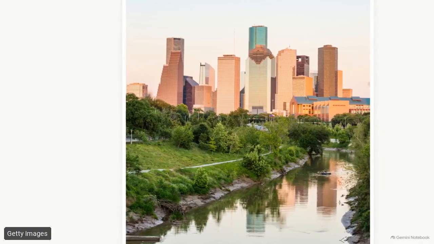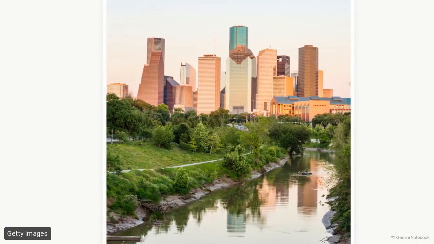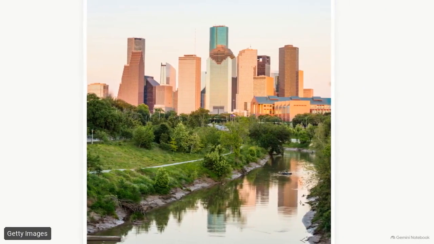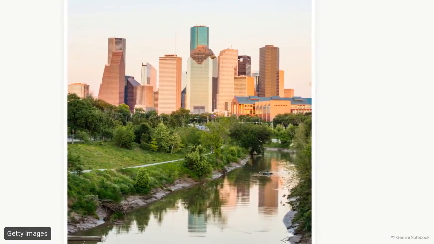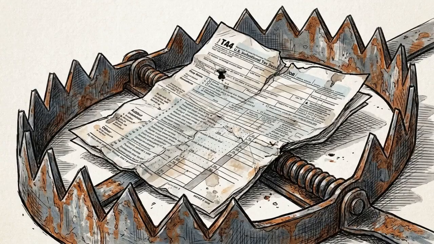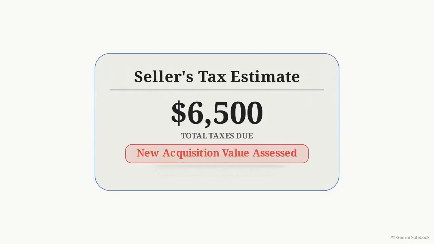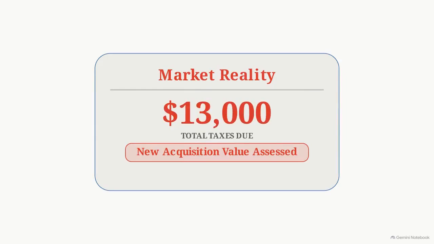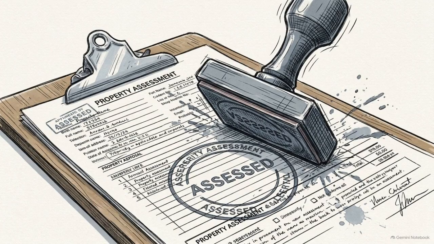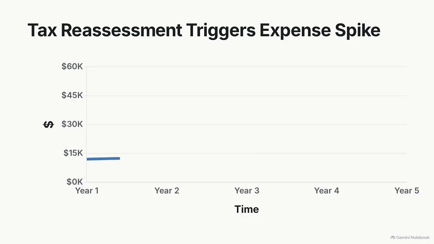Standardized models often collapse when they hit location-specific realities. The Texas market perfectly illustrates how localized policies change the math. The most common failure point is the property tax trap. Investors frequently underwrite a purchase using the seller's current tax bill, failing to realize that the state's residence homestead exemption will be removed after the sale. When local taxing units reassess the property based on its new acquisition value and its status as an investment, the owner is hit with an immediate and massive spike in operating expenses.